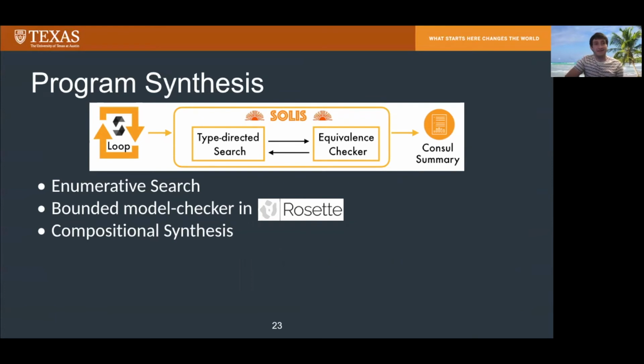In order to combat this, we introduce a number of optimizations which prune the search space, which you can check out in detail in the paper. One notable optimization, which I will briefly mention here, is what we call compositional synthesis. In compositional synthesis, we synthesize partial summaries, that is, console programs which represent a subset of a loop's behavior, and